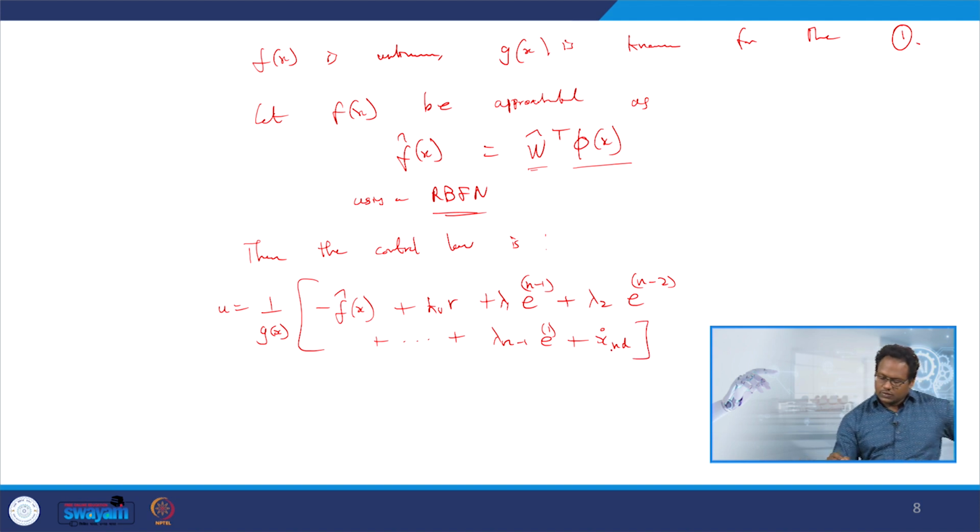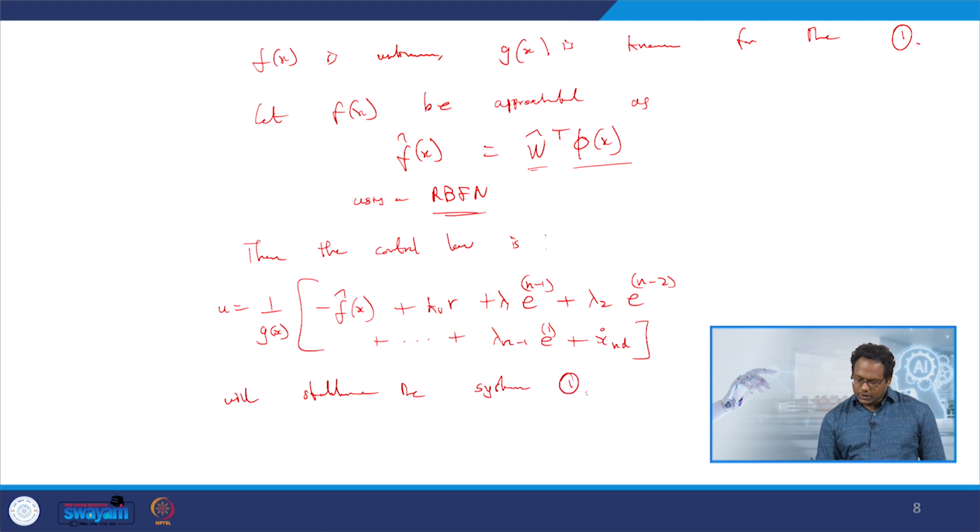Will this control law stabilize the system 1 given by equation 1 in the sense of Lyapunov stability analysis,